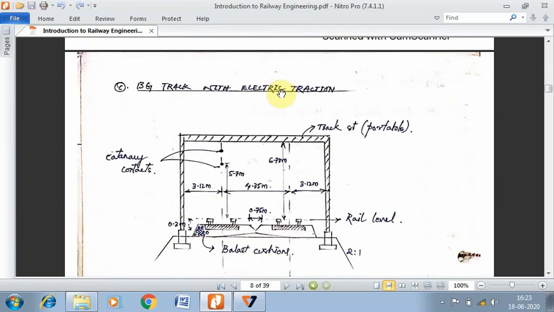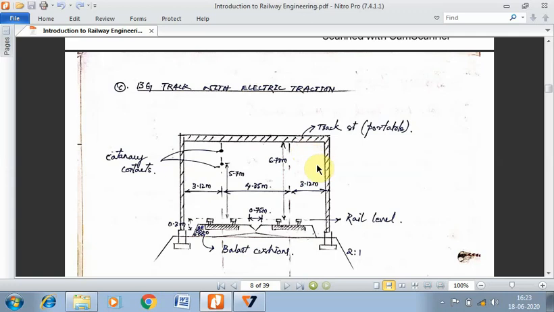Then you have the electrical traction track. You might already have understood what this is about. You might have seen the railway tracks which run on electric traction. Now what traction is and the different forms of it, we shall study in the next chapter. But when the trains are moving with the help of electrical energy, the traction is taking place because of electrical energy, and that's why it is called electric traction, right?